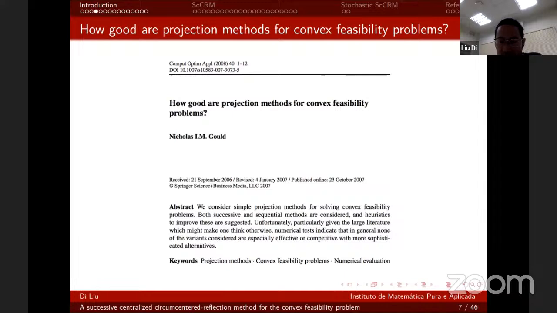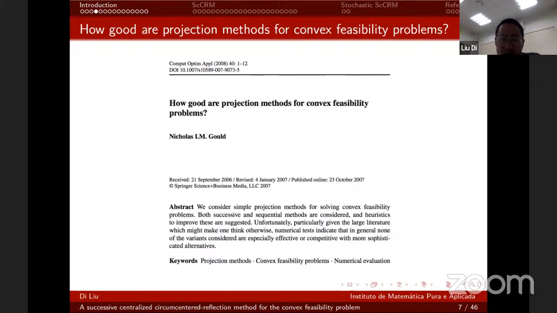The author discussed methods for the feasibility problem with linear inequalities and box constraints. He discussed the simultaneous projection method, the sequential projection method, and the interior point method. He found that the projection method is not very efficient, but that was more than 15 years